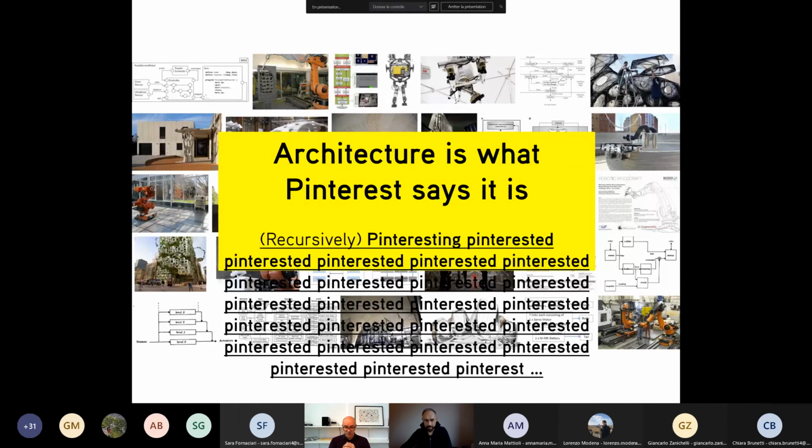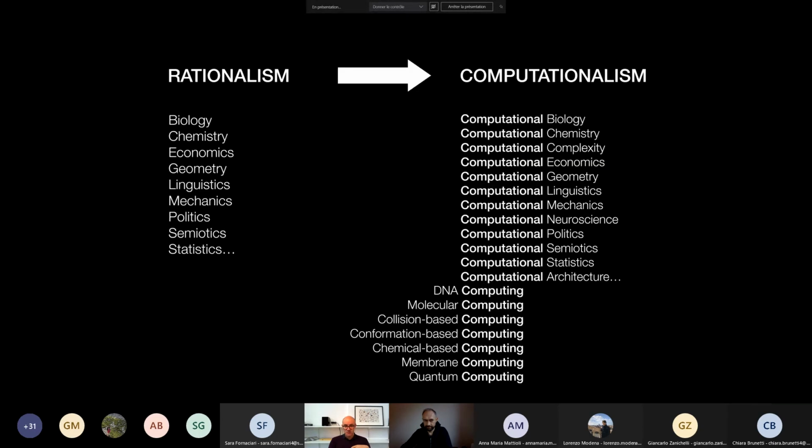Then you produce something which will ultimately end up online, probably also that will be Pinterested, or pinned, let's say, etc. And again, you change the discipline of architecture. So all of that, I try to give it a name in my discourse, in my work, both practical and theoretical work. And this name, I use the word computationalism.